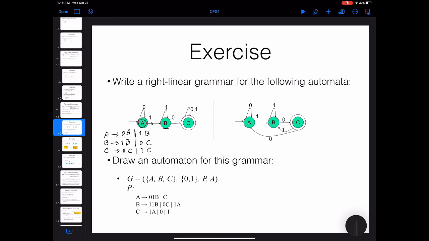But when you are generating a string, you should stop somewhere, right? Starting from A, you should stop. In your finite automata, when you reach C, you can stop, right? So I need to add one more rule that C can disappear. So C goes to epsilon, which means that C is an accepting state,